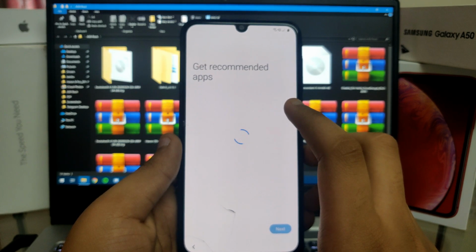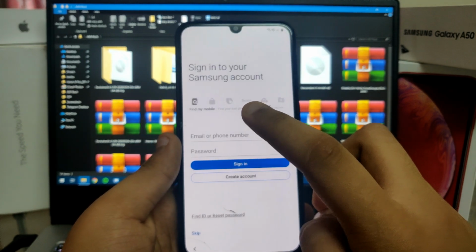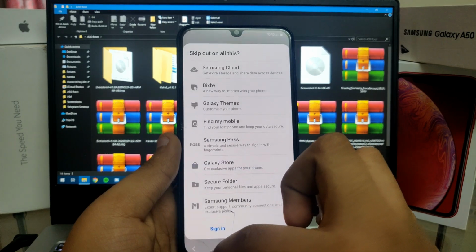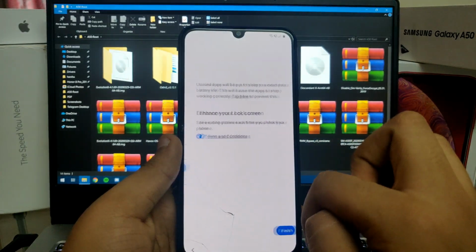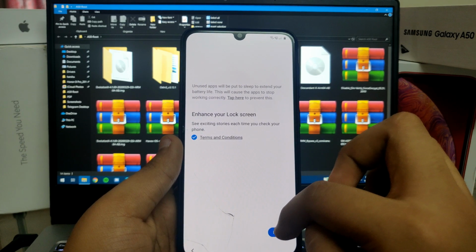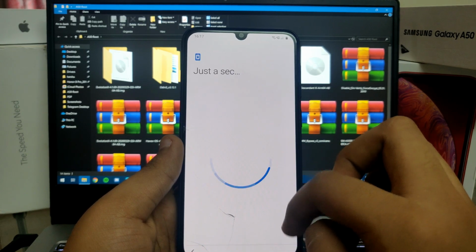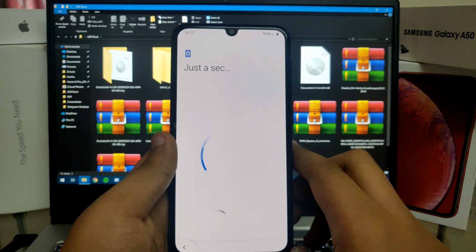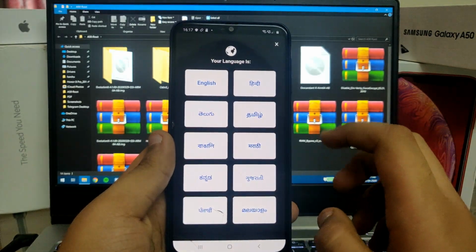It will say you get recommended apps, but I don't recommend getting them from here. So skip logging in to a Samsung account and finish. Okay, let it just set up and I'll be back.